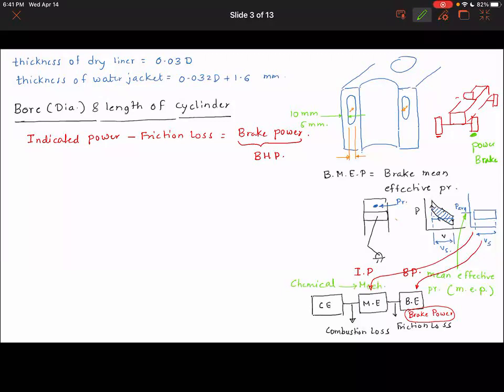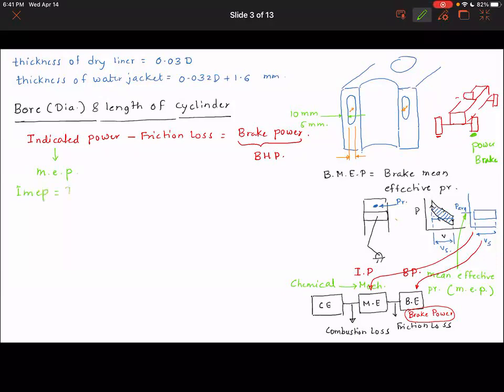After combustion, chemical energy got converted to mechanical energy, and this is where the pressures are going to be maximum. If you find out mean effective pressure for indicated power, it's called IMEP,